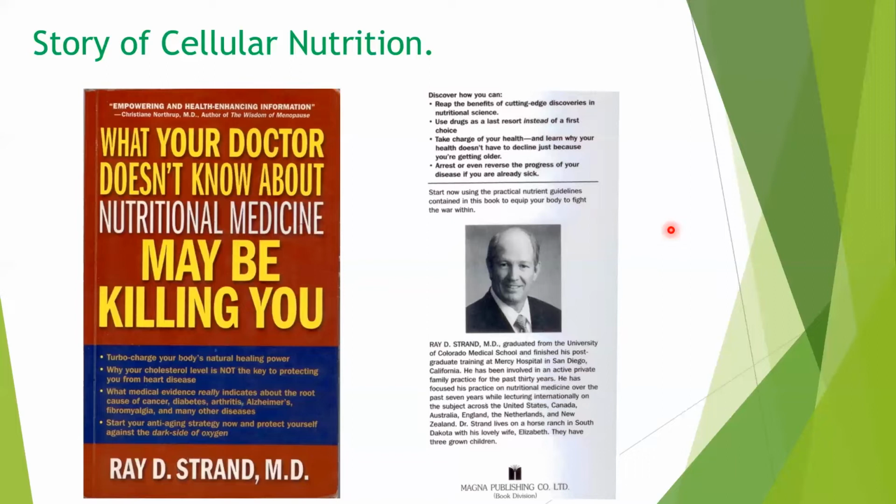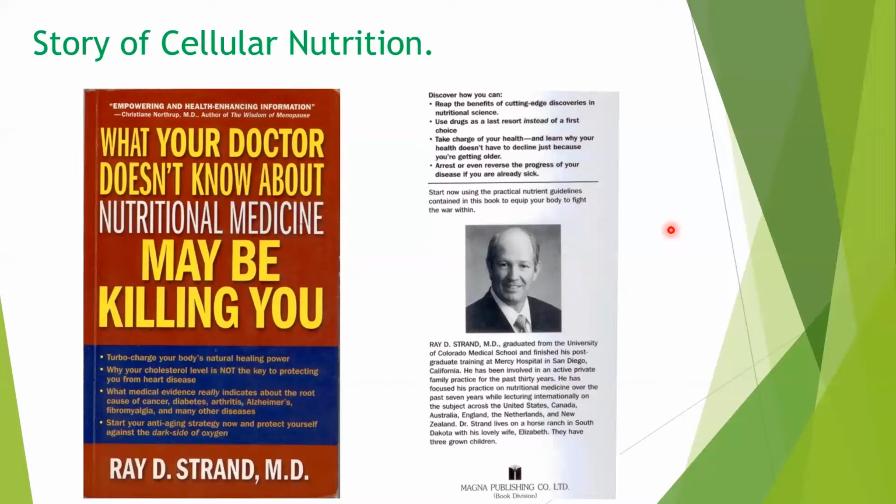And in this disease, he found out one underlying thing, that the majority of the diseases, almost 80% of the degenerative diseases, are caused by something called oxidative stress or free radical damage. And he found out that the majority of diseases like diabetes, heart disease, even cancers, can actually be prevented if somebody knows how to nourish their cells at a cellular level.